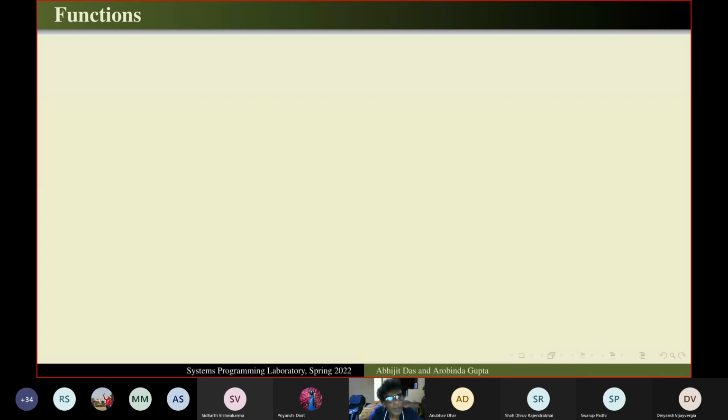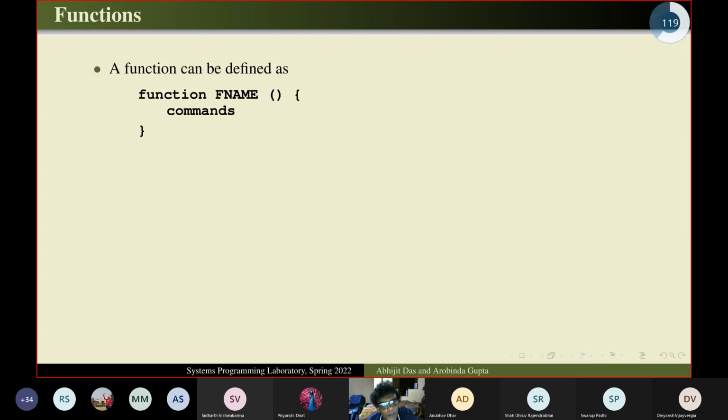Now, another fundamental building block in a shell program is a function. You can have user-defined functions. There are also some functions defined by the system, the initialization thing, but you can also define your own functions. And this is how you can do it. Just write the keyword function. Actually, this is not necessary. You can avoid this. So give some name following the naming conventions, which are similar to C,